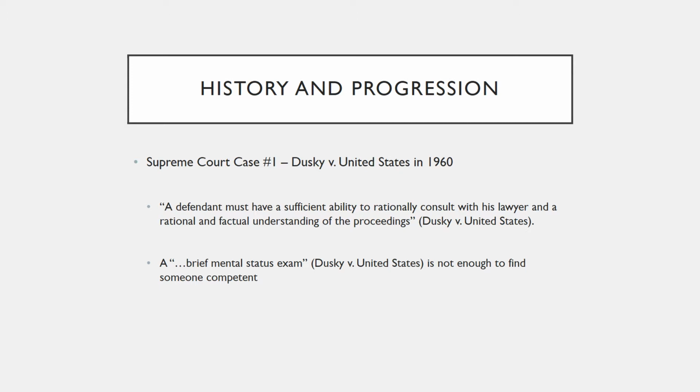The first one we're going to look at is the Dusky v. United States case in 1960. Dusky was a man suffering from schizophrenia, and he was charged with kidnapping and rape. He was convicted of his charges, but he felt he was not competent to stand trial. This case was then taken to the Supreme Court for review, and the Court decided that a defendant must have a sufficient ability to rationally consult with his lawyer and a rational and factual understanding